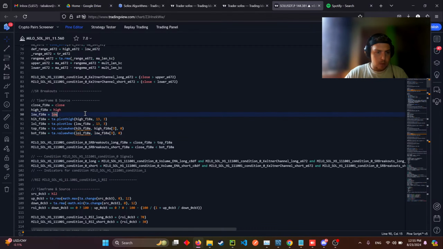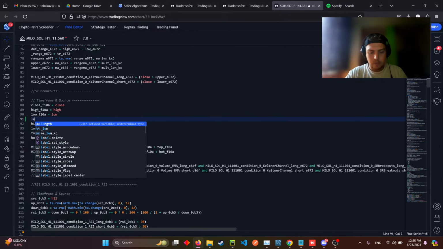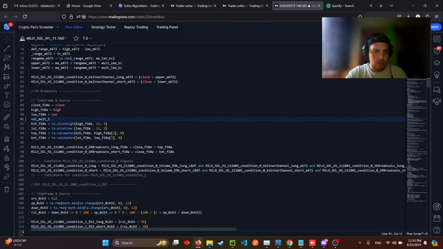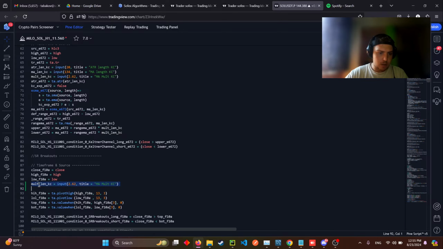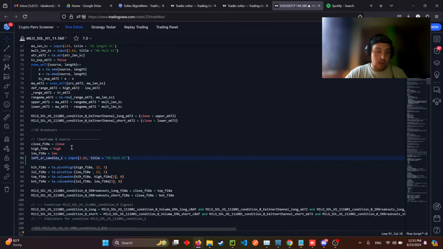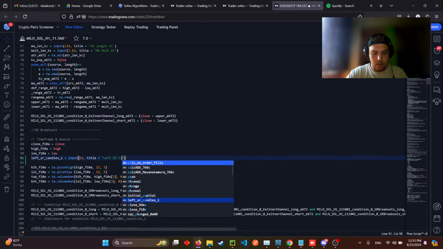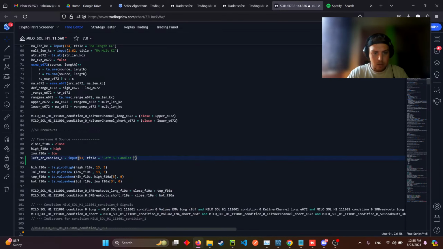Was this support resistance breakouts? We have left, actually, let's copy paste this and call it left support resistance candles. One, I don't know if there's a second one, but just in case. And it is by default 13. Left SR candles 1. Great. Now we can substitute this here, here,